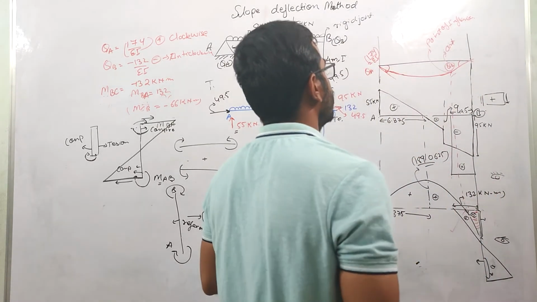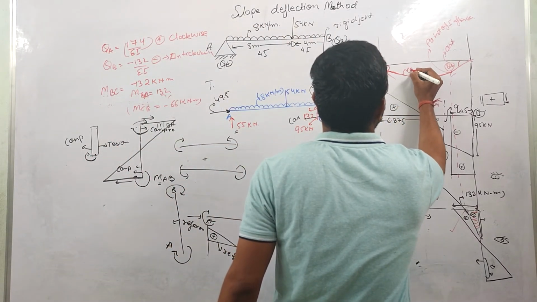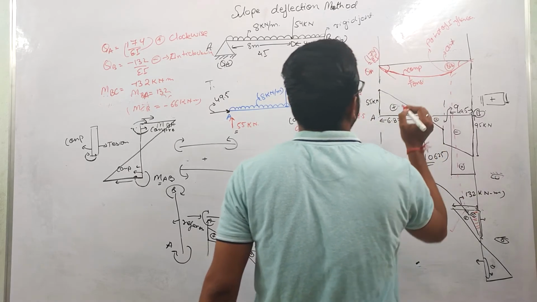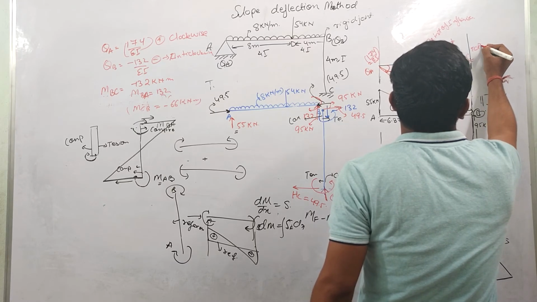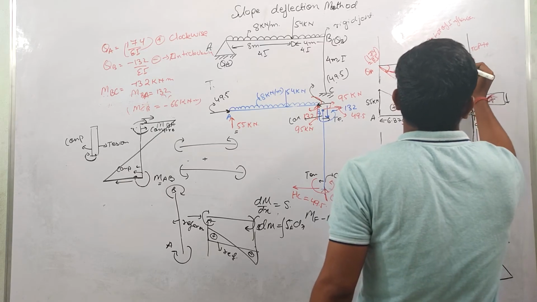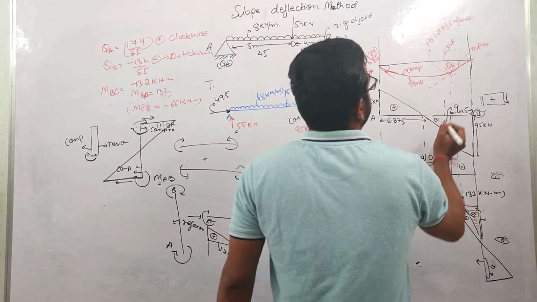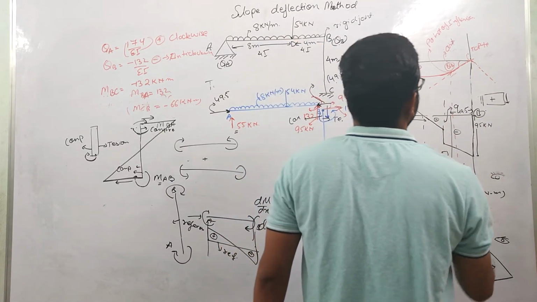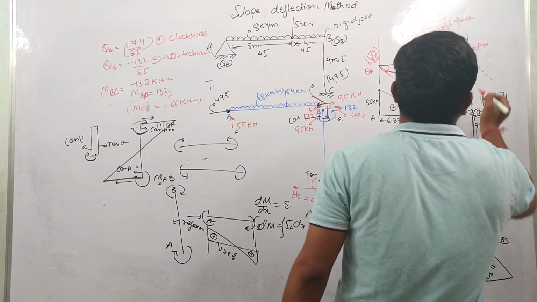This is the case. Here you can see that this top is in compression, this bottom part is in tension, okay? This is an example of sagging. Here you can see that this top is in tension and this bottom is in compression, okay? So this is the case. So here the tangent will look like this, and again 90 degree will look like this. One line will be 90 degree to this tangent.